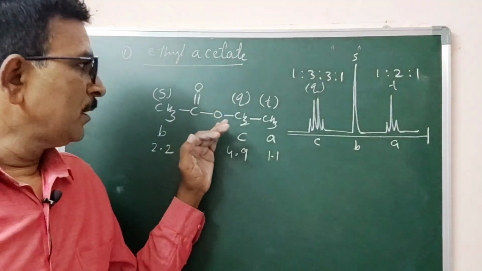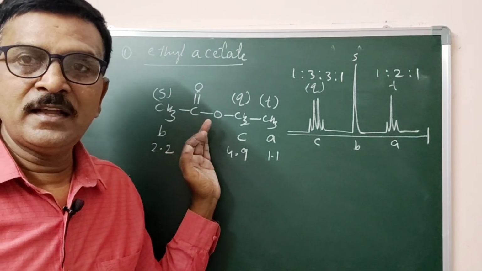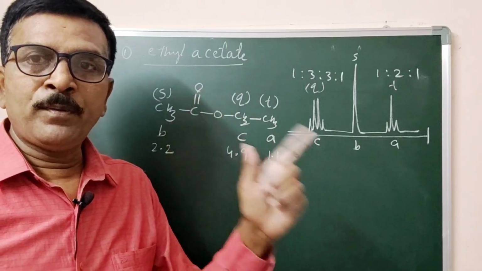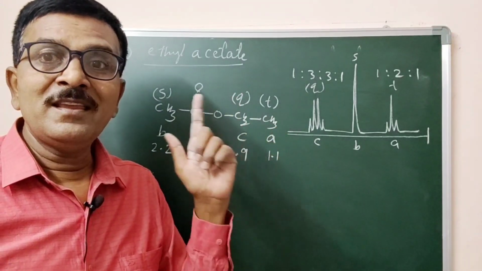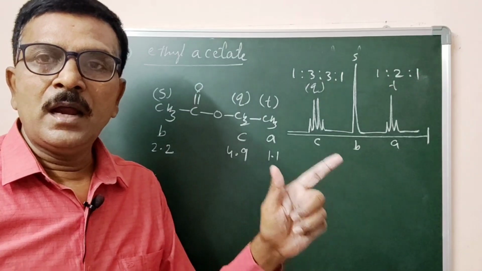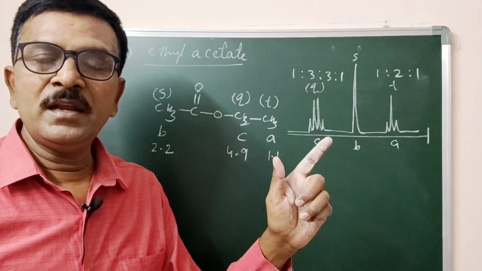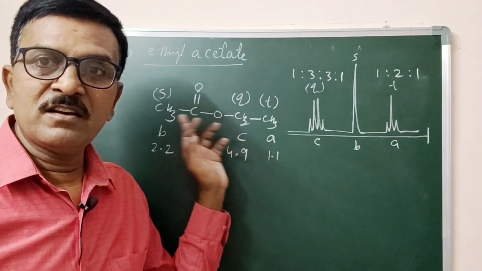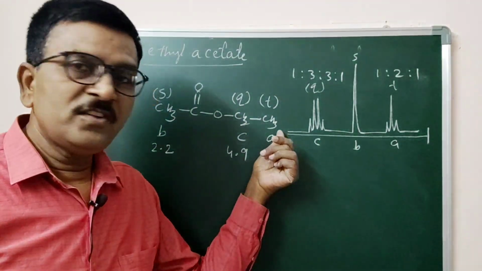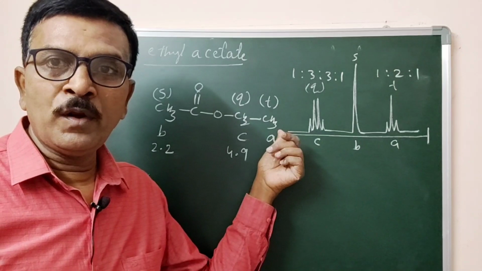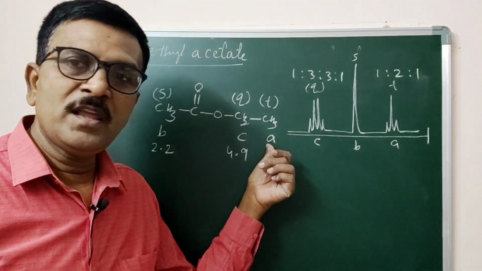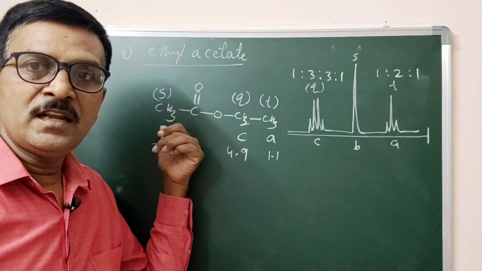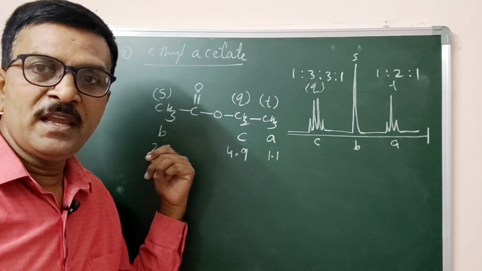Now before presenting a spectrum, first you have to identify the proton with higher electron density, and then you have to designate it with an alphabet. Among the three sets of protons, this CH3 group has somewhat more electron density, therefore A. And then this CH3 group is designated B.